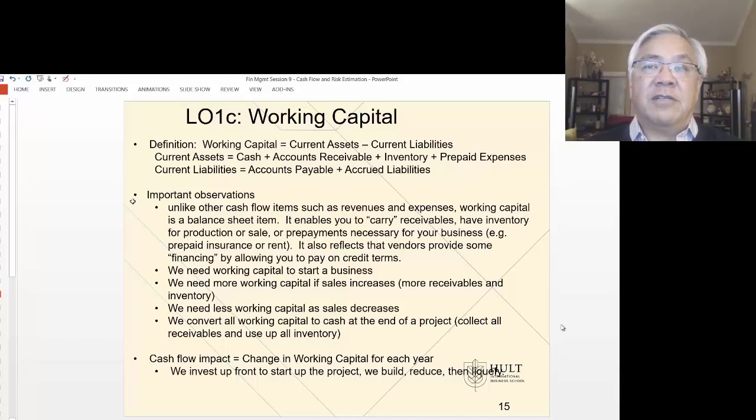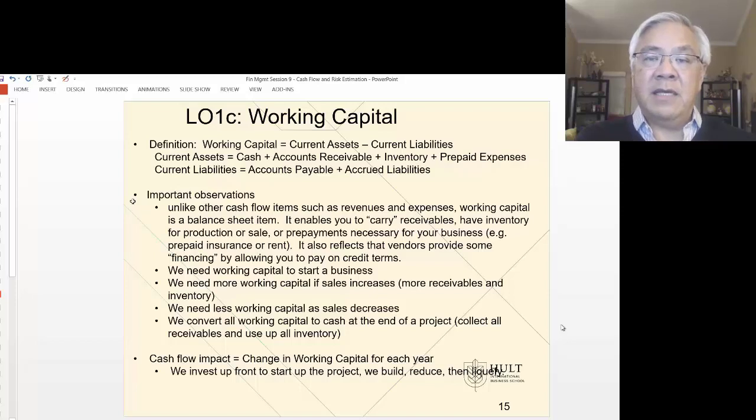And a couple of important observations. We want to make sure we can carry inventory or receivables so that that supports our growth. If we didn't allow ourselves some capital to do both increase inventories and carry receivables, we would actually slow down our growth rate. So the idea is we want to look at the investments necessary to sustain our growth rate. And also we need working capital to start a business. You can't start a business with zero inventory if you need it to sell. So be very careful at the beginning of the life of a project to make sure you have enough initial